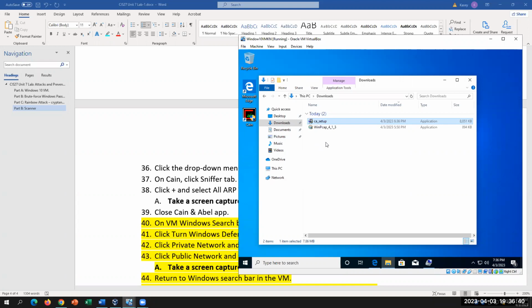Right here. And sometimes it takes a couple of seconds. Sometimes when you use the password, when you open